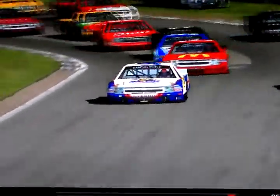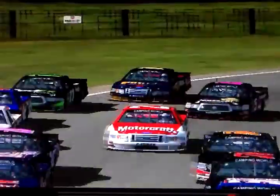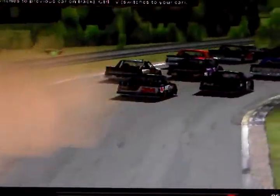Shelton and Dylan Young side by side. Somebody getting off course here. I don't know if that was Stephanie Gardner who went off course. That was Joshua Osborne in the 4. He went off course going into the turn. Stephanie Gardner, I think, did too. She lost a lot of spots. Car's getting off in the dirt just a little bit. But both Osborne and Gardner